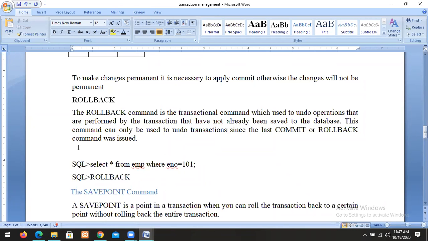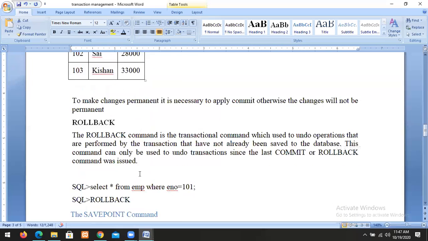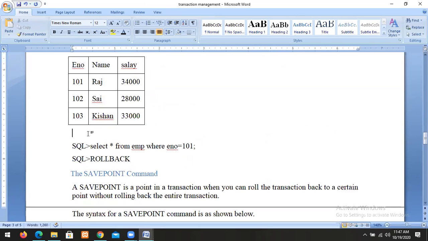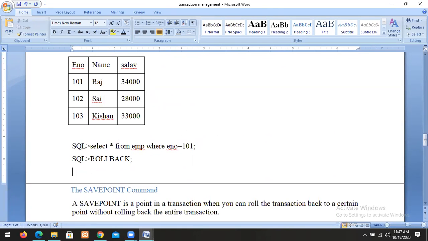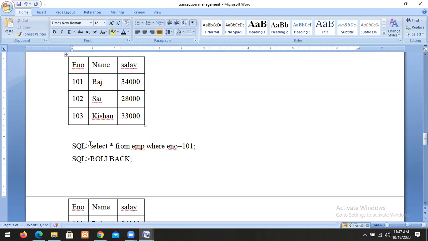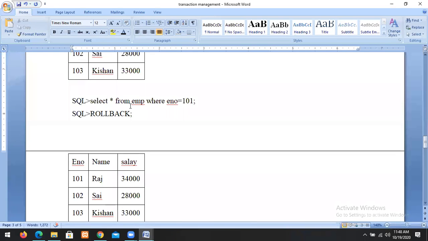For example, suppose this is my table. I want to delete employee number 101: DELETE FROM EMP WHERE employee number equals 101. Then I apply the rollback command.